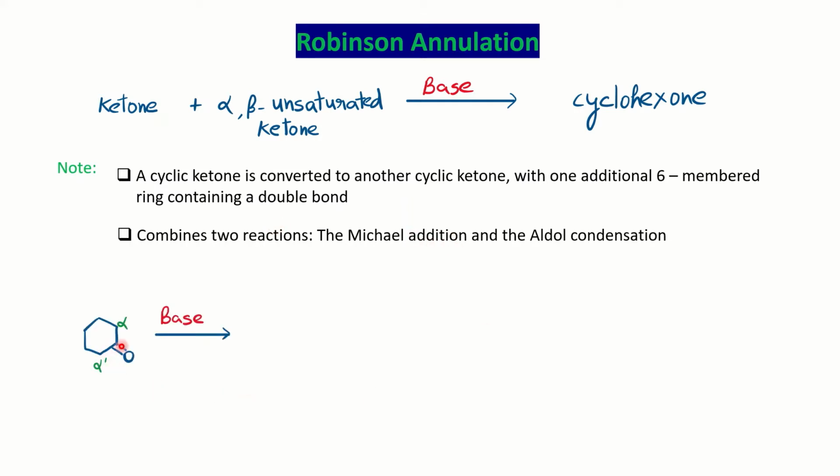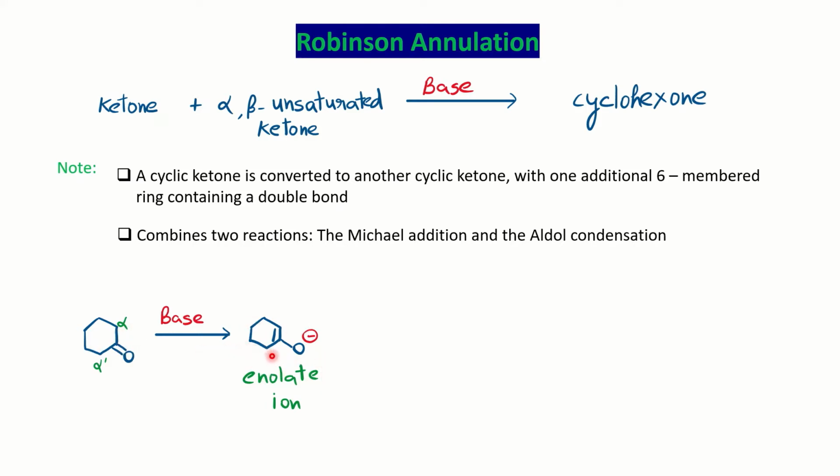So this is the cyclic ketone which you have in the presence of base. We know the role of base. It is going to abstract an acidic proton, and since both alpha protons are symmetrical here, the base can abstract a proton from either side. The carbanion is going to stabilize through conjugation. So once the proton is abstracted from the alpha carbon, it is going to form the enolate ion due to